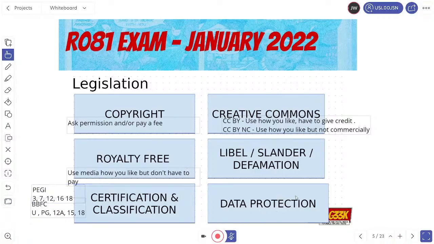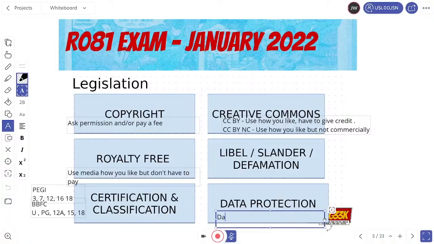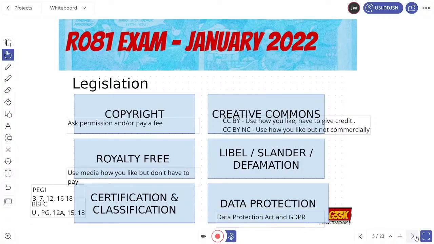And then very lastly, we're going to just crack on with data protection very quickly. It's a bit of a dry topic, but essentially what this means for you is that you have a responsibility to look after any data that you collect on people. So for example, if you were to have staff working for you or actors and you store their personal information, you have to make sure that it's kept safe and secure. And this is what is known as the Data Protection Act. You may also know about it as the GDPR as well. So let me just pop this down here. So I'm going to put the Data Protection Act and GDPR.